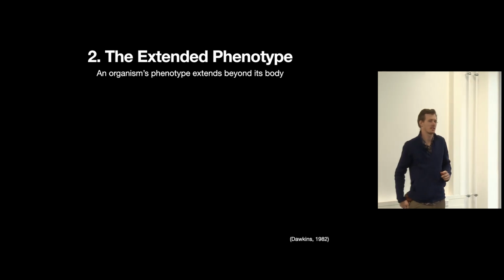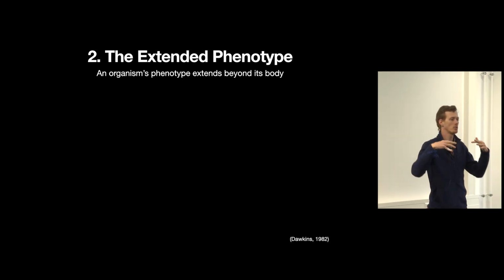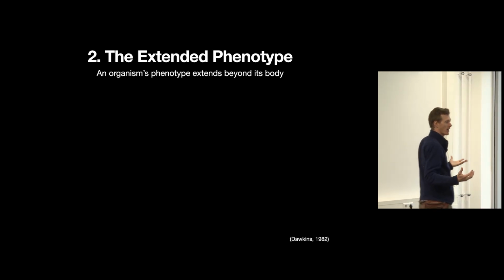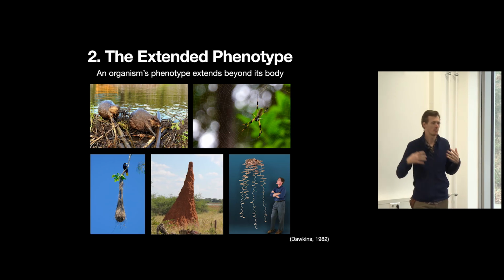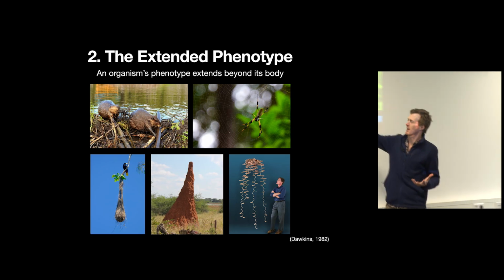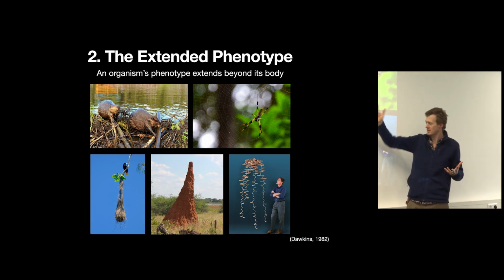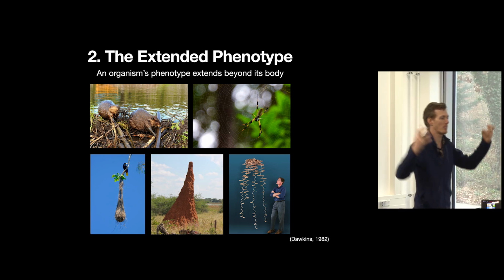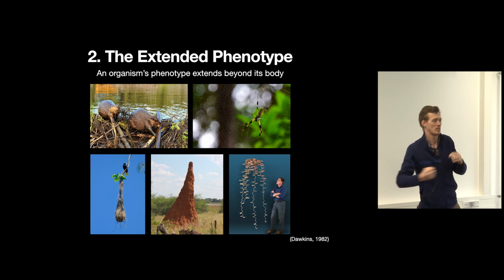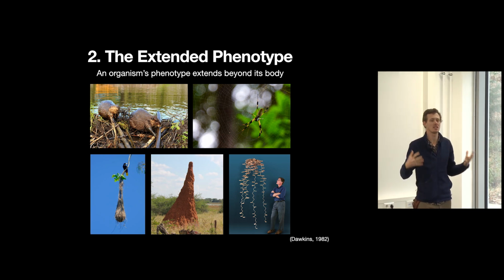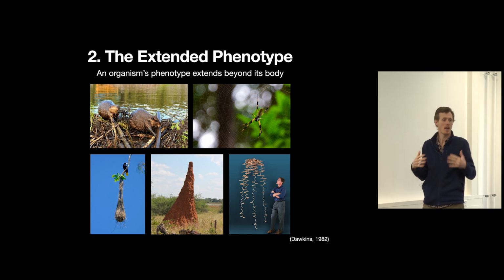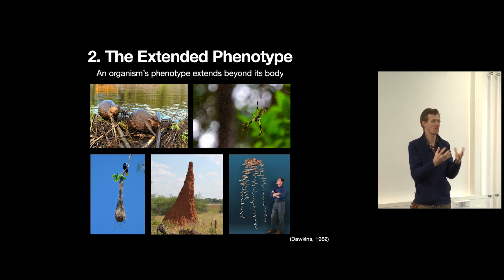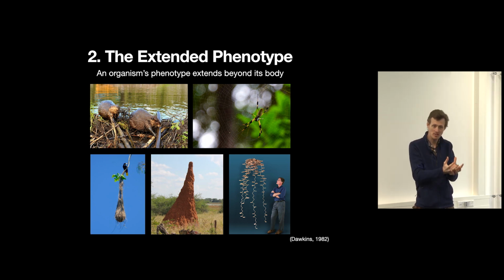The second key concept is the idea of the extended phenotype, and that evolution acts beyond our actual bodies and the things that we actually build that can also help us survive, grow, and reproduce. I'm putting up a lot of different beautiful examples of extended phenotypes, whether that's a beaver's dam or a spider's nest or a bird's nest or a termite's nest or a honeybee nest, all these things that organisms build that help them acquire resources, attract mates, communicate, anything that can help them do the things that they need to do can be part of their extended phenotype. And that extended phenotype itself is under selection. The way a bird builds its nest, there's a reason behind the building materials that they use and the structure that they build.